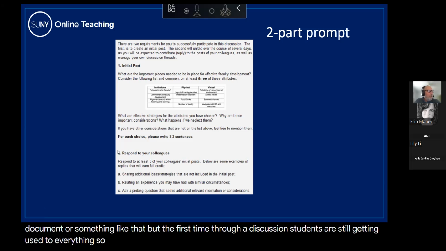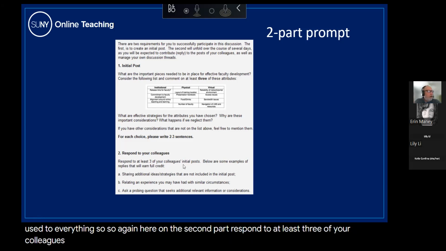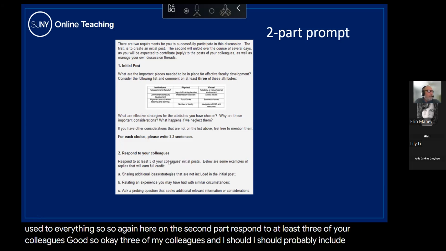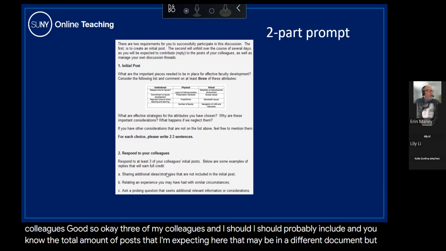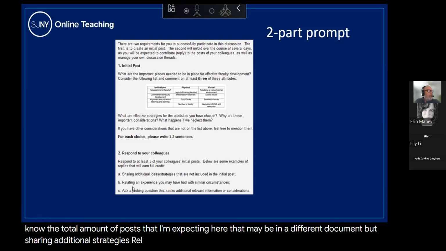So again, here on the second part, respond to at least 3 of your colleagues. Numbers are good. So, okay, 3 of my colleagues, and I should probably include the total amount of posts that I'm expecting here. That may be in a different document. But sharing additional strategies, relating an experience,